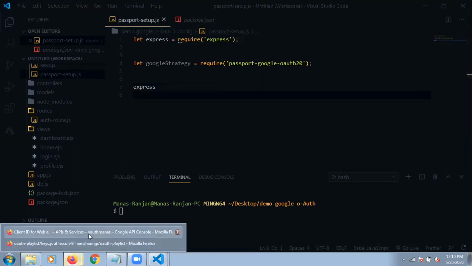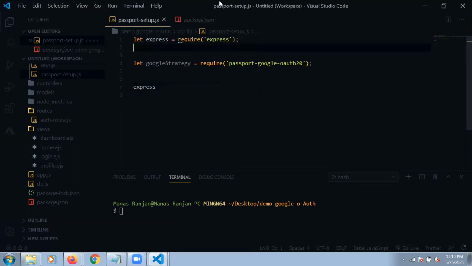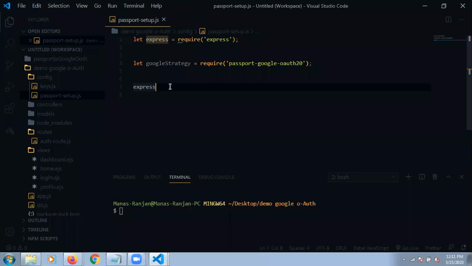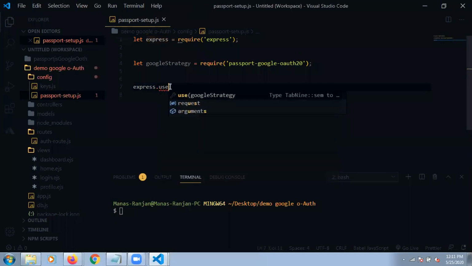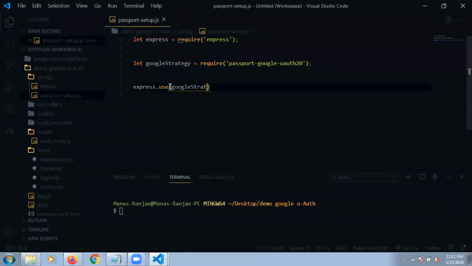We are going to make, from here I'm just writing passport dot use, not Google strategy directly.